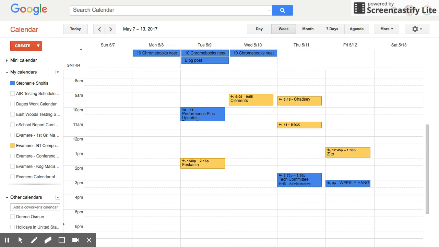In addition, if you've ever experienced that frustration of creating an event and reserving the computer lab separately every day you need it, this now alleviates that because you can set up a repeating event. So if you have to reserve a room every Tuesday, you can easily do that in one step within Google Calendar. So to illustrate here, I'm going to click on a day